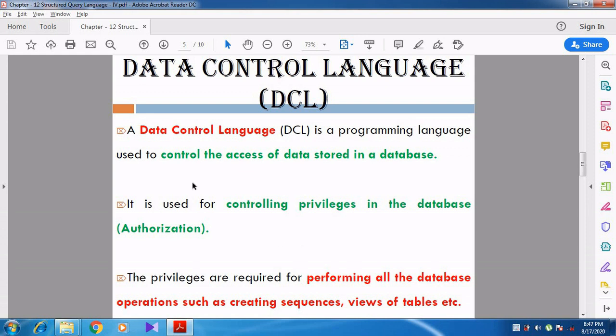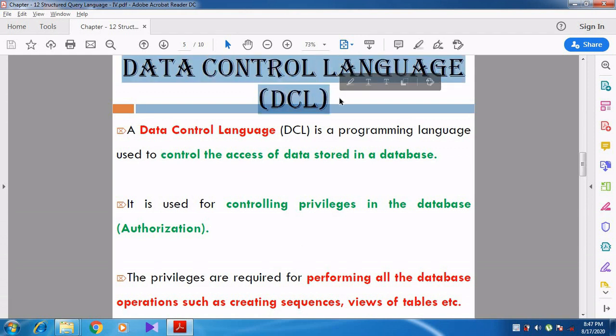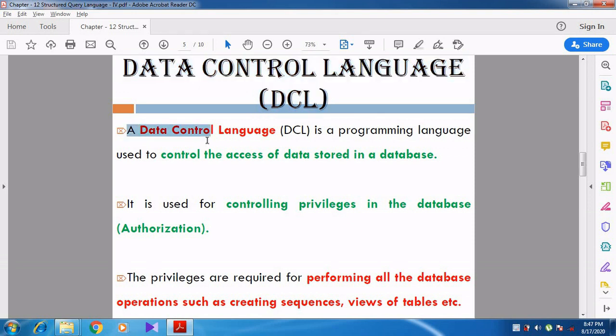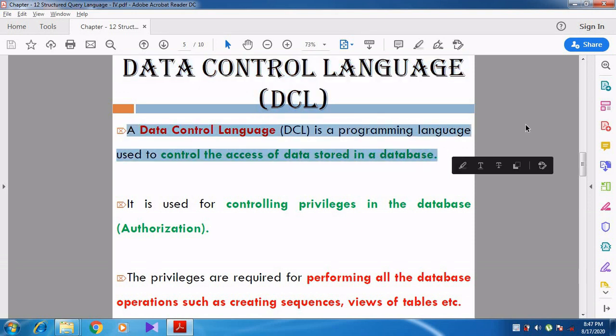First we discuss DCL, data control language. A data control language is a programming language used to control the access of data stored in the database.